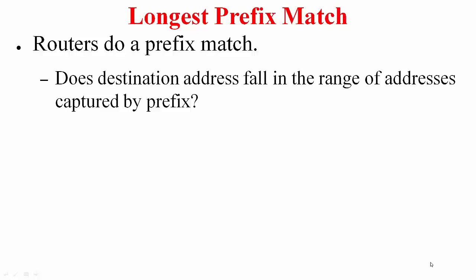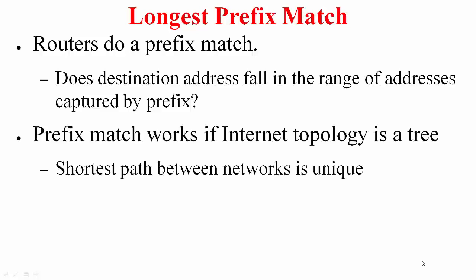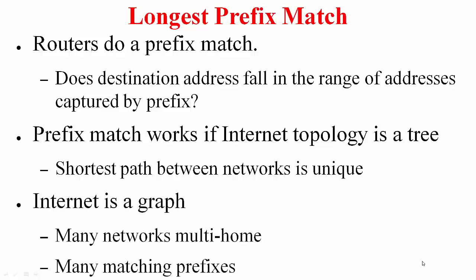If so, send it out on the interface specified by this prefix. This works great if the internet topology is a tree where the shortest path between networks is unique. But unfortunately, the internet topology is a graph, mainly because many networks at times are multi-homed for fault tolerance or